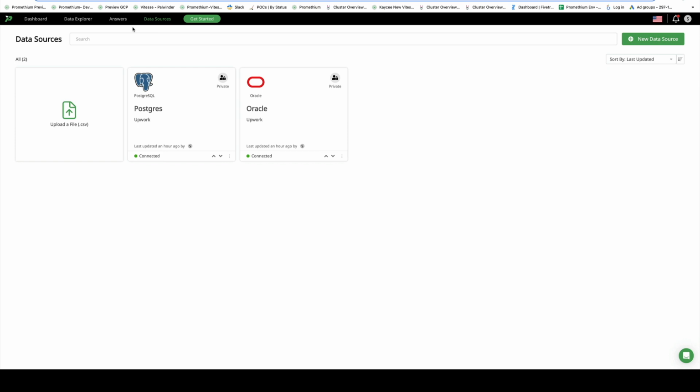So many people know that Promethium is a leader in data virtualization, and what you can use it for: querying different data sources without moving the data, doing federated queries, all that wonderful stuff. But one of the challenges with data virtualization is you have to set up your data virtualization engine. In this case, we're using Presto, and it's not trivial to stand up and manage your own Presto cluster, deal with rebalancing, deal with restarting, all that fun stuff.